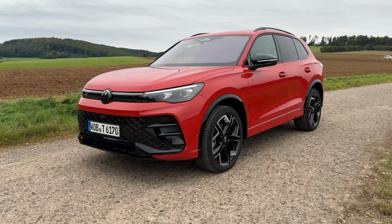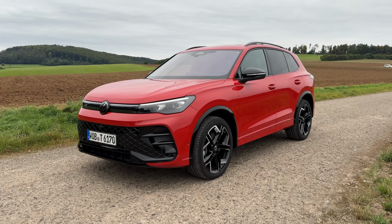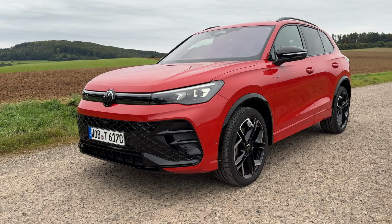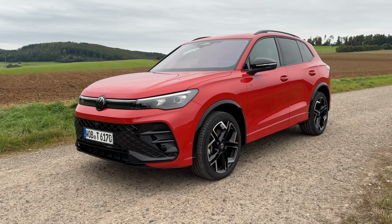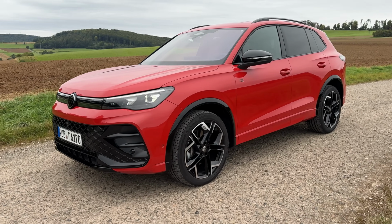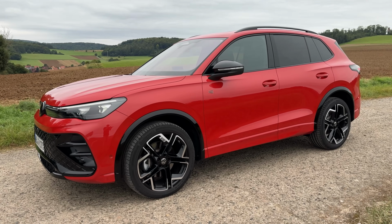The new generation Tiguan certainly looks a little bit softer and a little bit more approachable than the existing one. It had pretty sharp edges. This one is a bit more, well, smooth, really. Look, in person, it looks better than it does in pictures. So don't go judging it by this vision. Hopefully, I think it still looks good in the vision anyway, but I reckon this is a really nice size